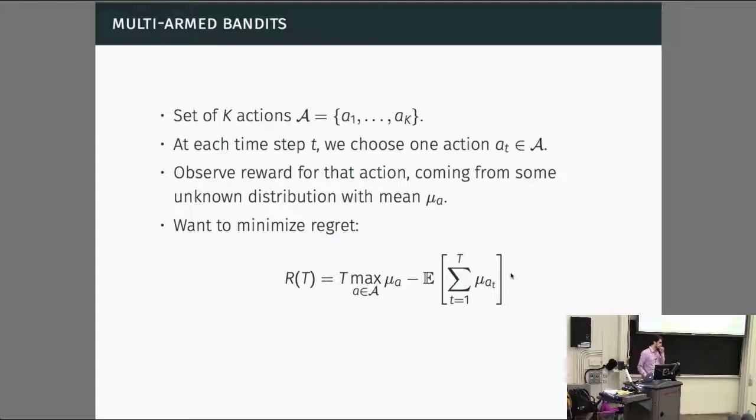Yeah? So we're assuming that our next step depends probabilistically on the previous steps. This is where expectation comes from. Well, no. So the outcome of previous steps is probabilistic, right? So let's say I took some action A1 in the first step, and I got a really high reward. And based on that, I say, OK, I'm going to take A1 again. But let's say that was a rare outcome, and usually A1 actually gives a low reward. If I got a low reward, I might choose to do something else. So it depends on the rewards that were actually sampled. That's a good question, yeah.